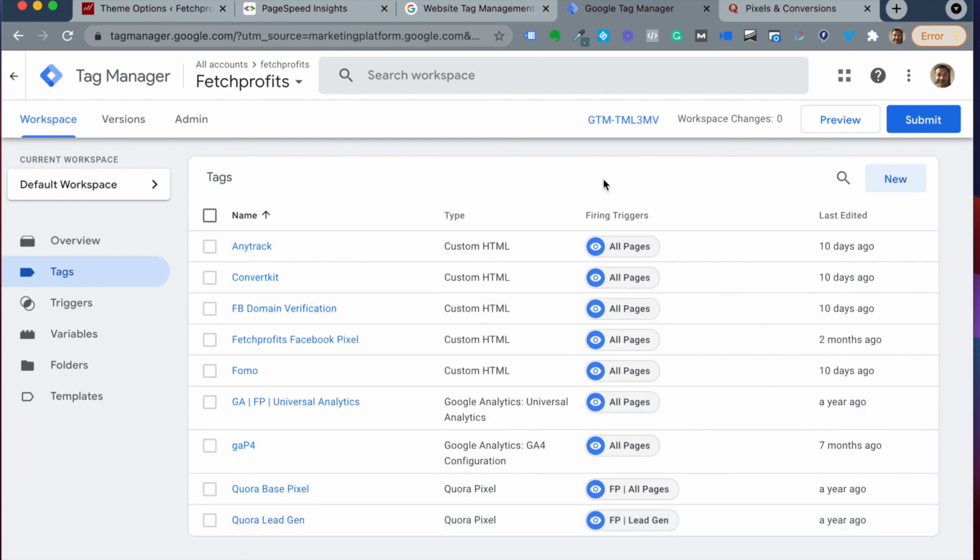Every time you add a new tag or a new trigger, or make any changes on the Google Tag Manager, you have options of previewing it and then submitting it. Only when you submit it does it go live, become active on your site, and work on your site. So by doing this, you can considerably speed up your website and keep things organized so you can track your marketing efforts better and keep things planned and organized.